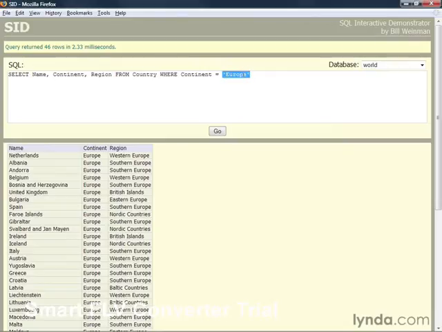You'll notice it has single quotes, and that makes it a literal string. And the comparison operator is the equal sign. So this condition means where continent equals Europe. This literal string, you'll notice, has single quotes, and that is what makes it a literal